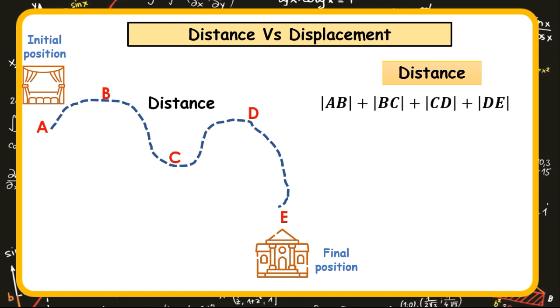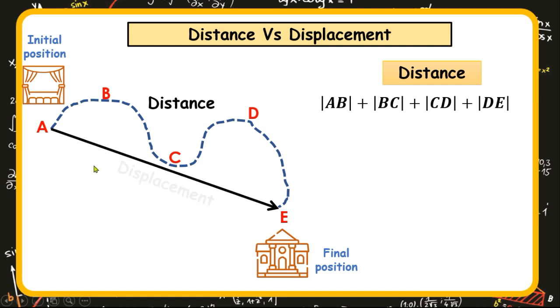Mathematically, we could then say that the distance in this scenario is the addition of the length, or the separation of the points, from A to B, as the distance, or let's say length AB, plus BC plus CD plus DE. That is the distance. On the other hand,